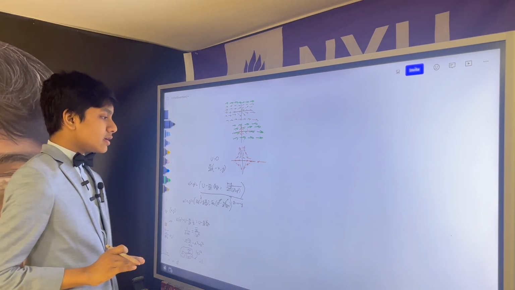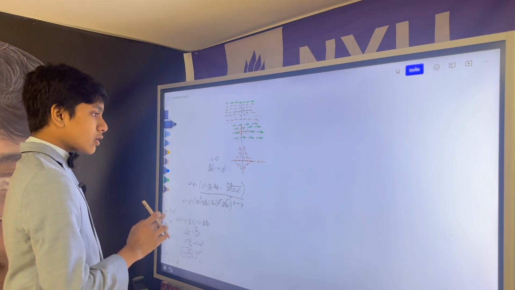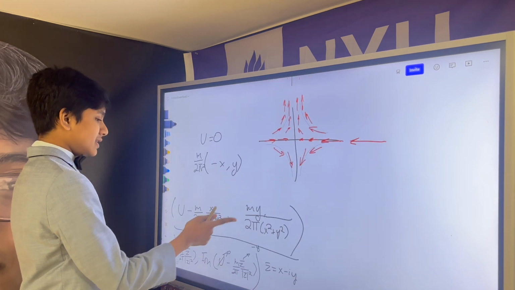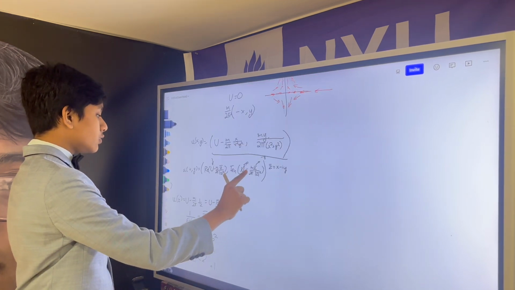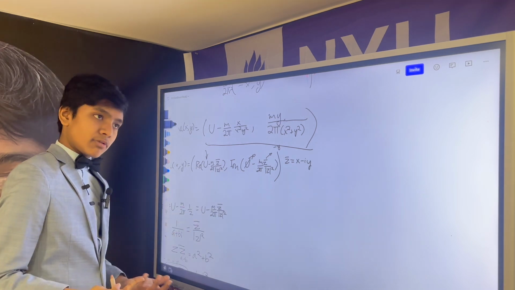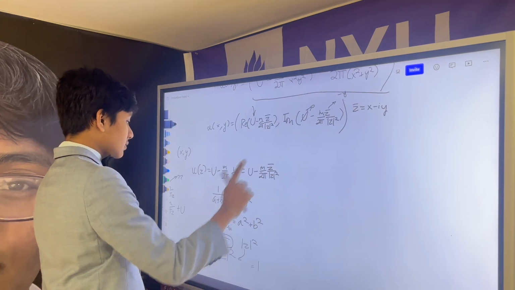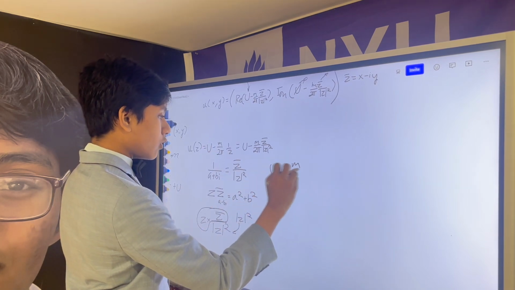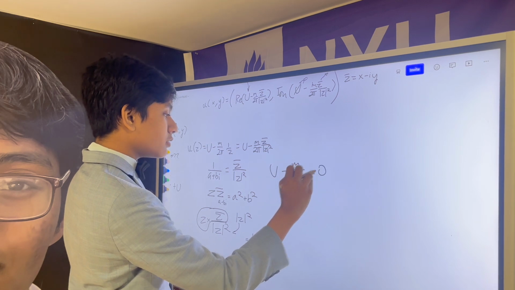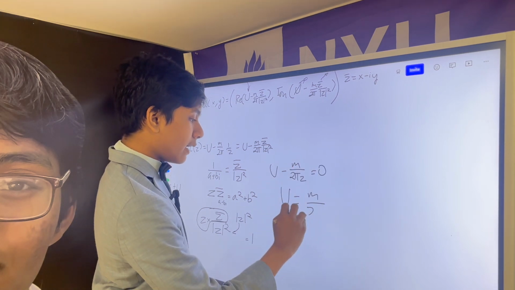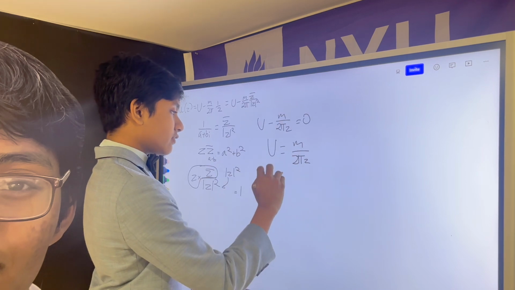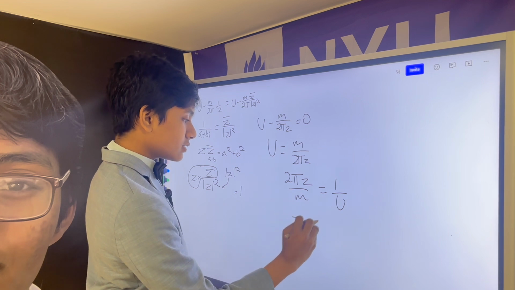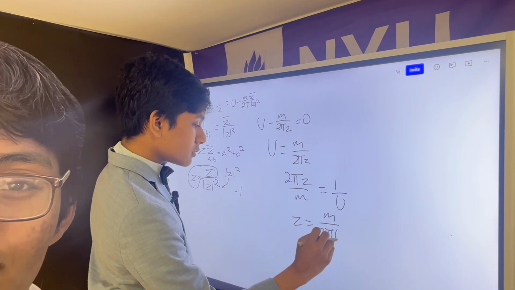So now, here's what we're going to do. We are going to find the stagnant point. Now that's actually very easy because all you want to do is make sure the velocity is zero. That's why they call it stagnant. And here you don't even have to convert to Cartesian coordinates. You work with u minus m over 2 pi z is equal to 0. So u is equal to m over 2 pi z. You invert: 2 pi z over m is equal to 1 over u. Z is equal to m over 2 pi u. And yep,